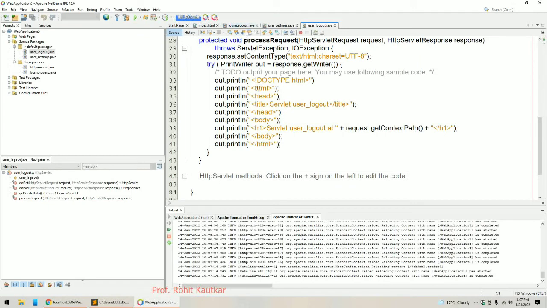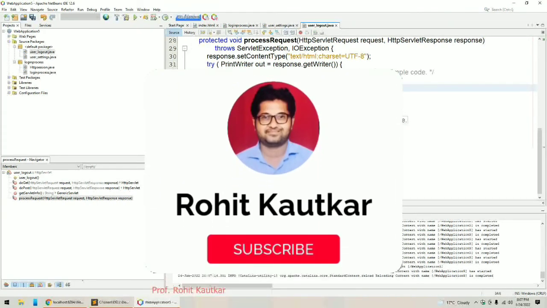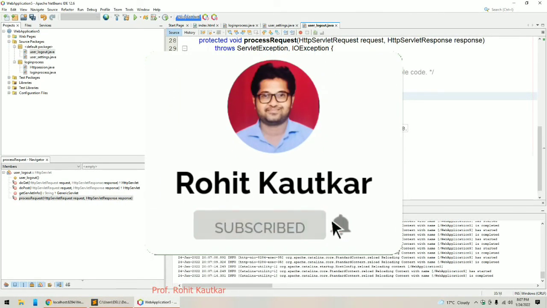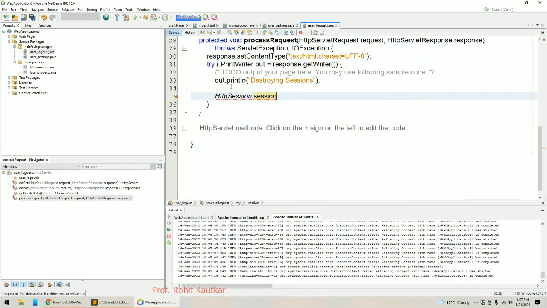So for that, here I will display the message destroying sessions. And the remaining things I don't need, I will remove them. And now first of all I will get the session. So again I will write HttpSession, and let's say session is the name of our object, equal to request